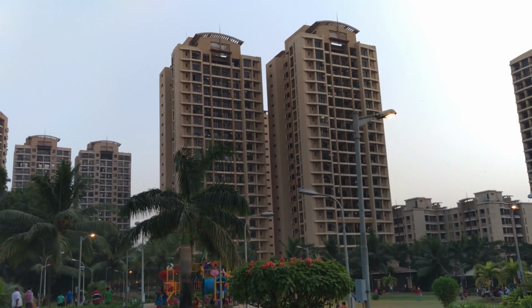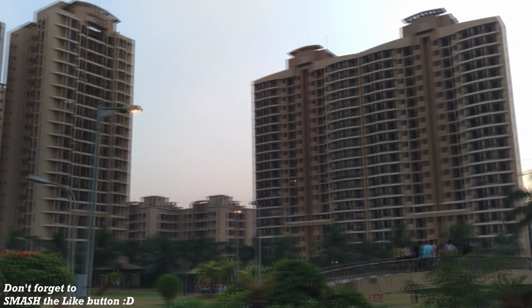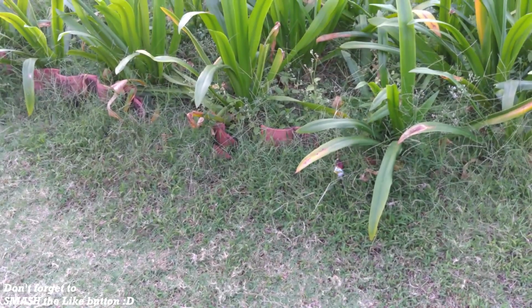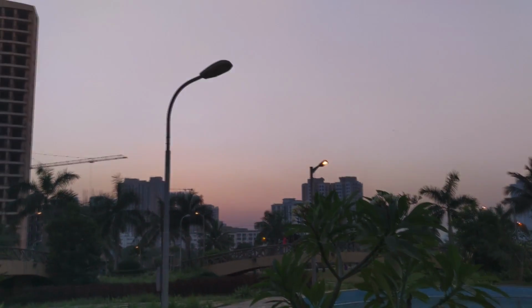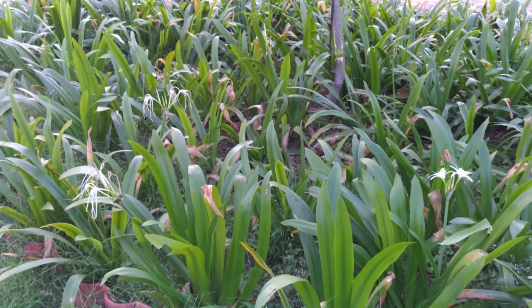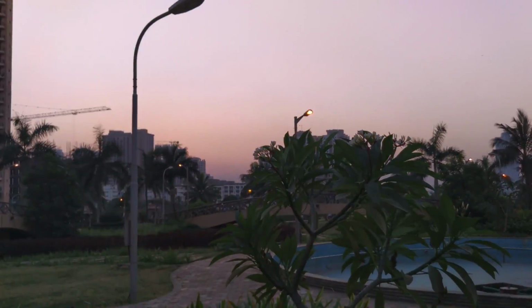So I am recording the video with the Utopia now, with the rear facing camera, and I am not tapping anywhere on the screen, so the phone is focusing by itself. So yeah, the video quality looks good in 4K. Here are the buildings, Raja buildings, and yeah, okay. So this is around 6 p.m. and if I go down, then the brightness of the video increases automatically, and if I go up, it